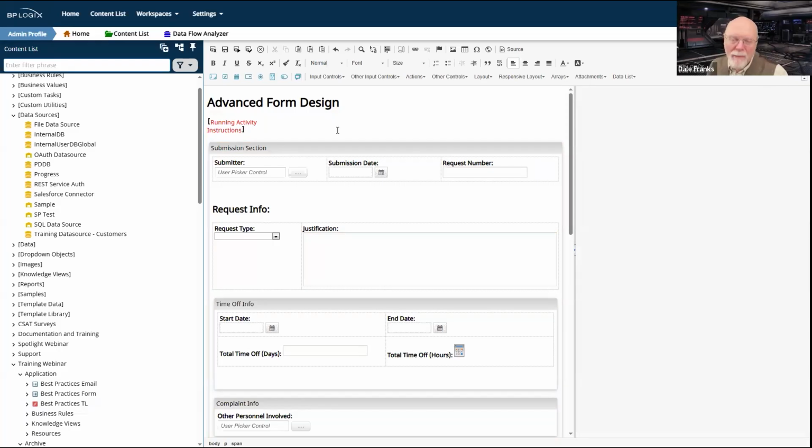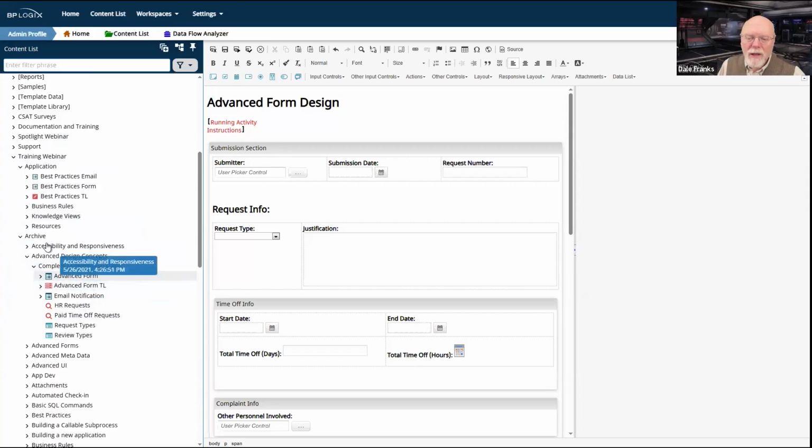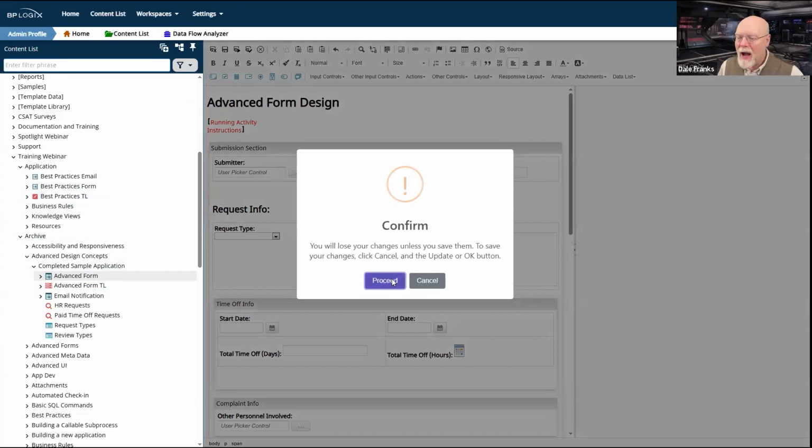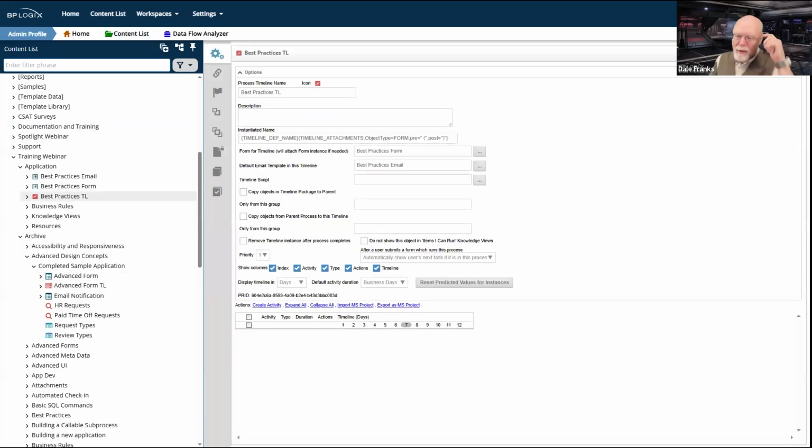So it will presumably gain my users' attention whenever they first open the form and they see all of that red text at the top of the form that tells them what it is they're supposed to do and what activity in which they are running. So now that I have my form set up the way that I want it set up, I have to go in and set up my process timeline.